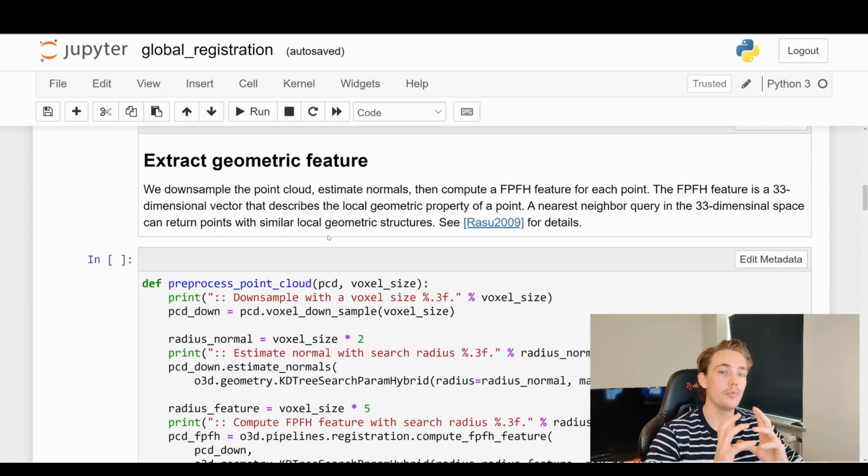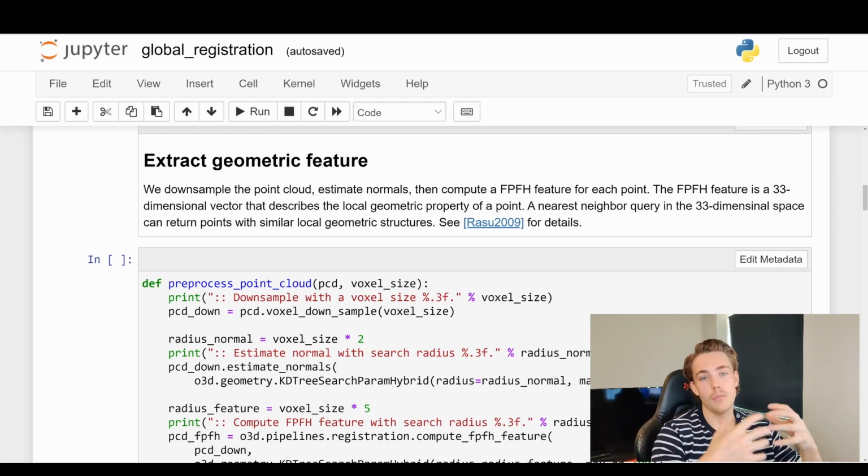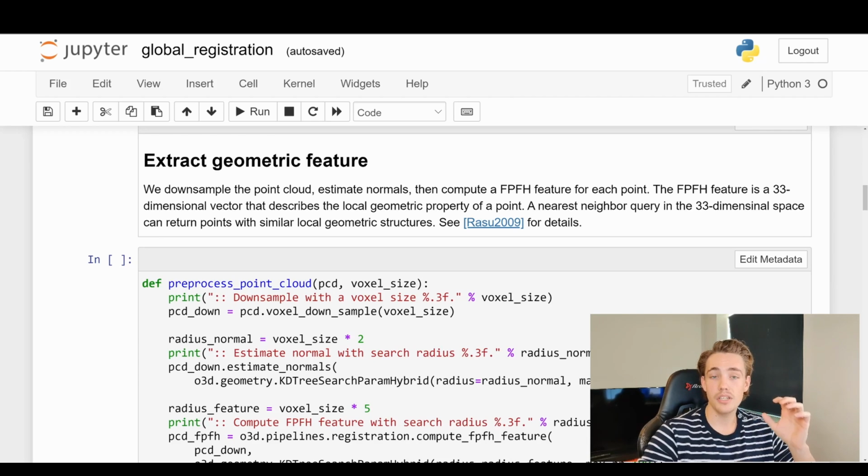So first of all, when we're doing global registration, we need to extract geometric features. Here, we're going to downsample the point clouds and estimate normals, as we've been through in the previous video. So make sure that when you're watching this point cloud tutorial, you watch all the videos from the beginning, because we're taking it step by step and going up one level after another. After we have our downsampled point clouds with voxel downsampling and estimated the normals on that point cloud, we're going to compute these FPFH features for each point. So we'll have a 33-dimensional vector that describes the local geometric property of each of the points